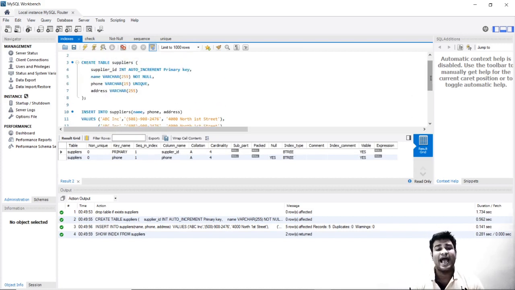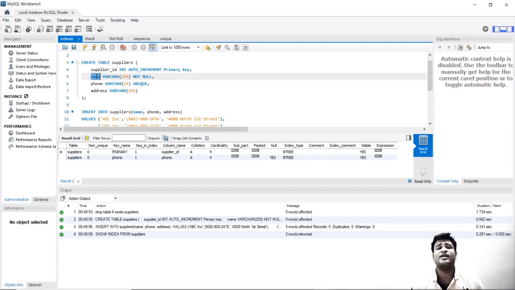Why? As the name suggests, not null makes sure that this particular column cannot be null. What exactly null is, we will talk about when we cover not null. When we say this cannot be null, it does not have to check any other values. The only thing it has to check is that this particular value is not null.